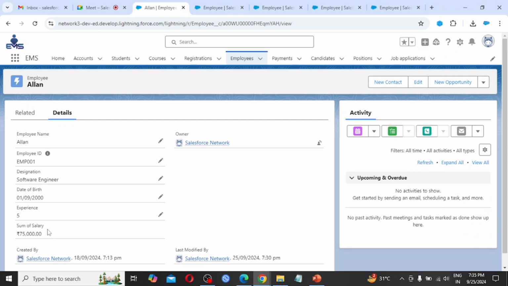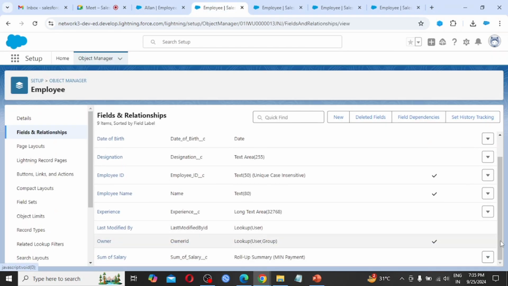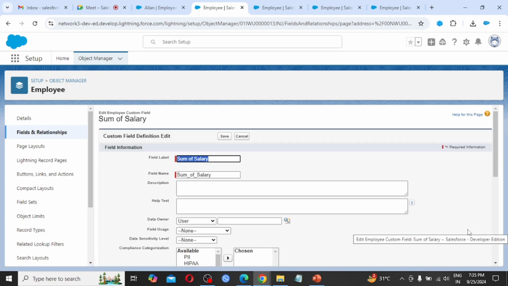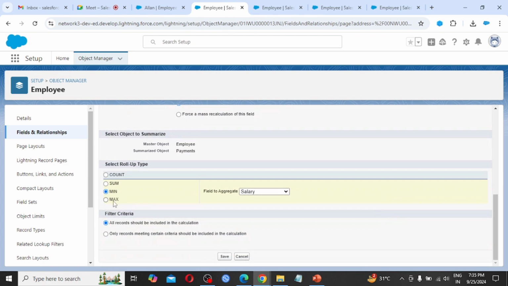At which month did he get the maximum salary? If I need to know this, in real time we are not going to edit that particular field, but we are going to create a new one as per the scenario. Here I want to know the maximum salary of Alan.